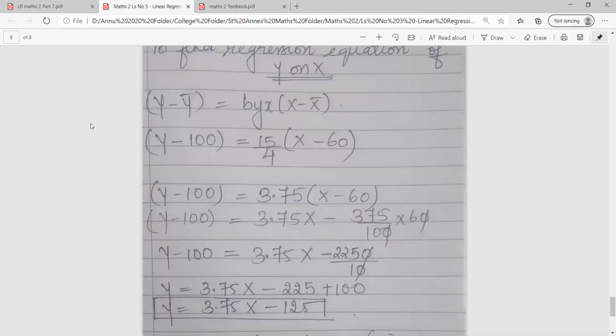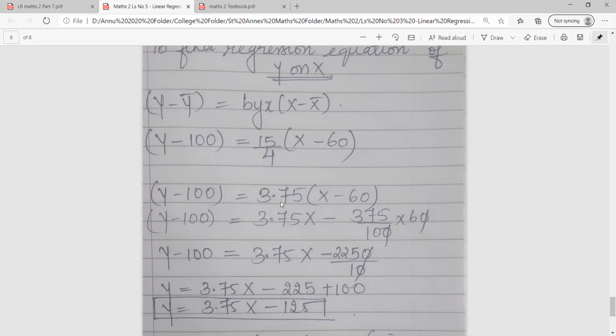So understood class, where did 15 by 4 come from? So you cannot skip that step. That is a compulsory step. So in every regression sum, see that you have regression coefficients. If you do not have regression coefficients, you cannot proceed forward with any kind of sum. So keep that in mind.